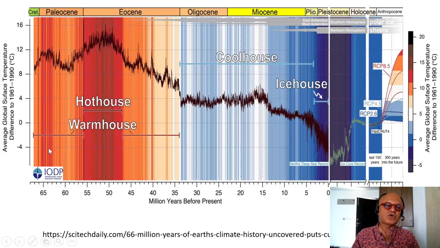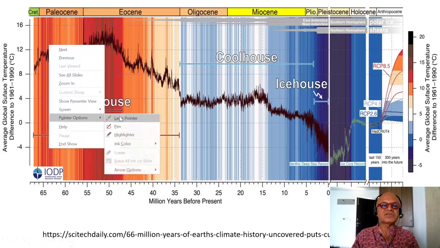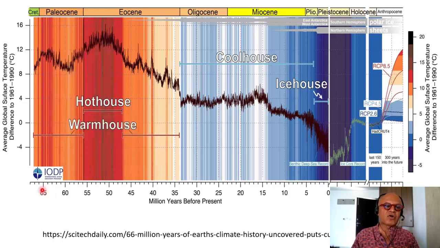Okay, so this is just to look again at the temperature reconstruction. Here now we are only going from about 70 million years ago to the future. So we still see the Paleocene-Eocene thermal maximum here somewhere. I'm showing this figure because it's shorter, so you can see a few more things, plus it cutely puts together the future projections as well. So, average global surface temperature difference again to the baseline of 1961 to 1990, and the end of the dinosaurs